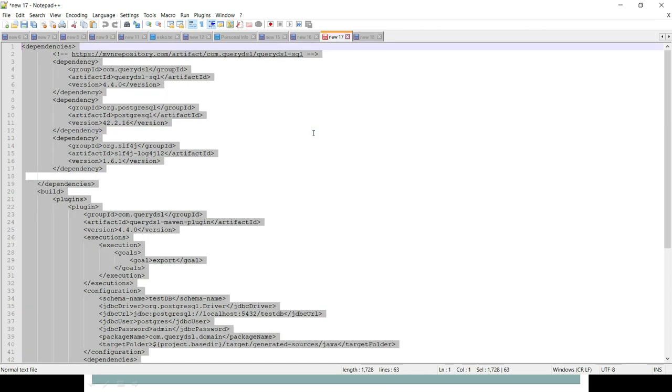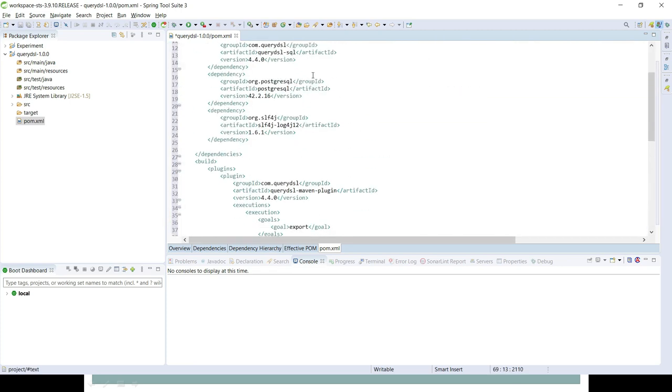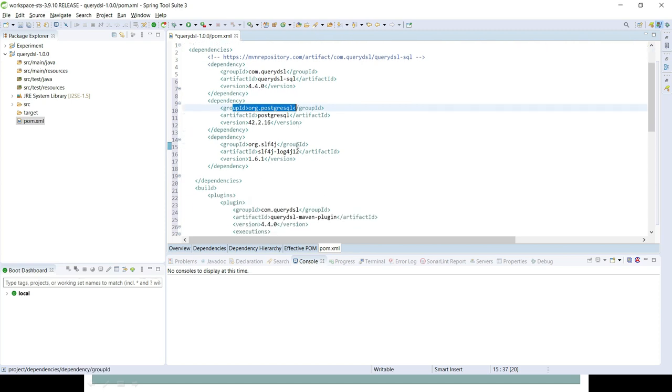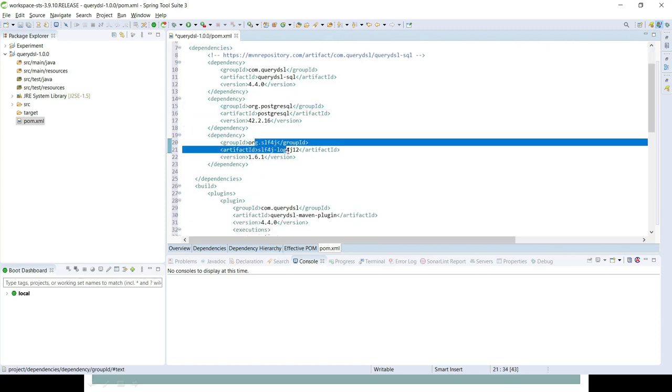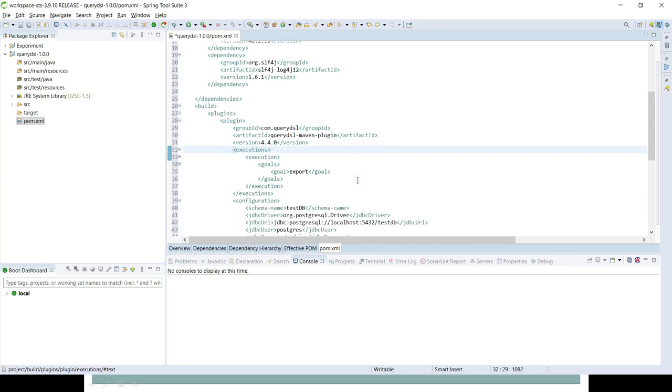So here I have already gathered all the required dependencies, and I will add them and then explain one by one. The first dependency is Core DSL, the next one is Postgre, and then the Logger dependencies, and then the plugin. The Core DSL Maven plugin is used to generate the Core DSL classes for the specified DB.